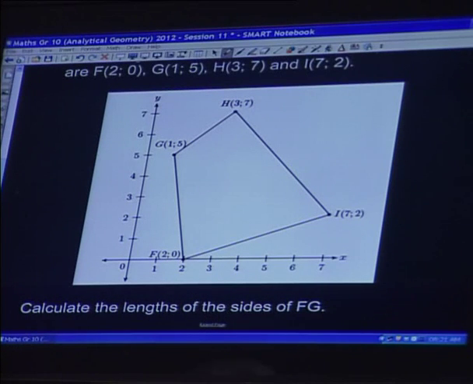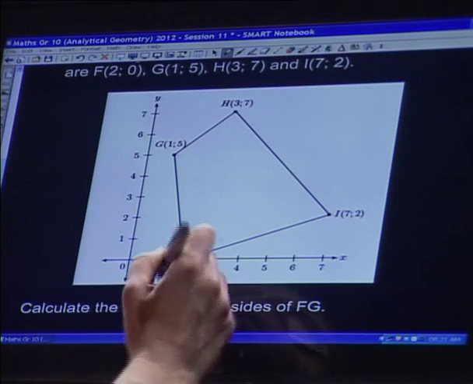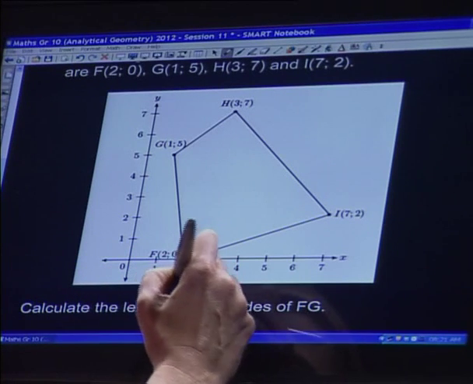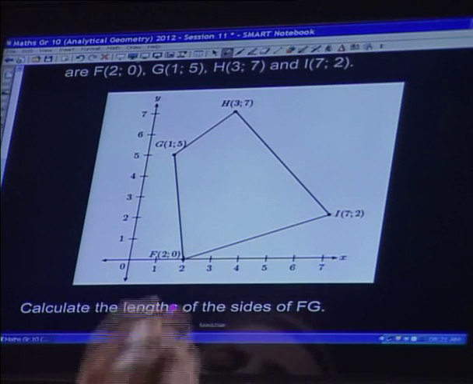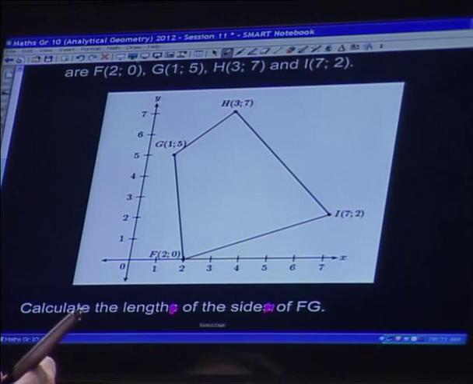The first question they ask is calculate the length, that must be singular, I imagine. Calculate the length of the side FG. Okay, now I'm not 100% sure what this question meant, whether they wanted us to calculate the length of all of the sides, but we might as well do that because that will just give us the practice that we need. Right, so let's start off with calculating the distance